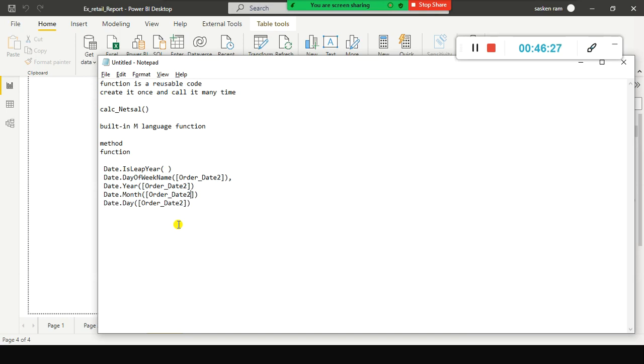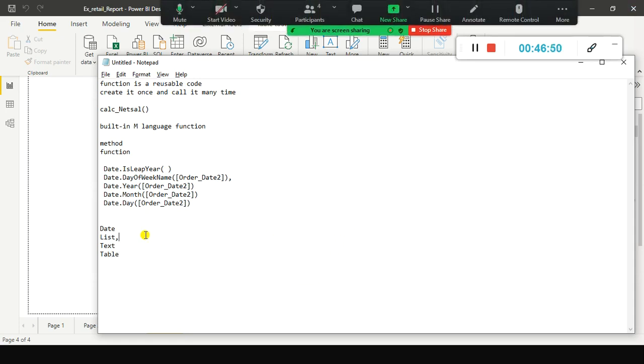So apart from date, did you use any other function? Like we have something called text function, okay? Text function, and list function is available. I just type it here, list function, text function. Like date, different types of functions are listed, text, and table function is also available. So today we have seen the date related functions and then text related functions also.